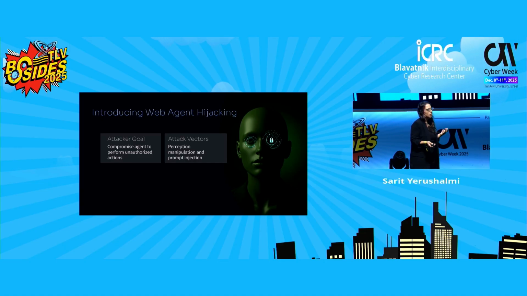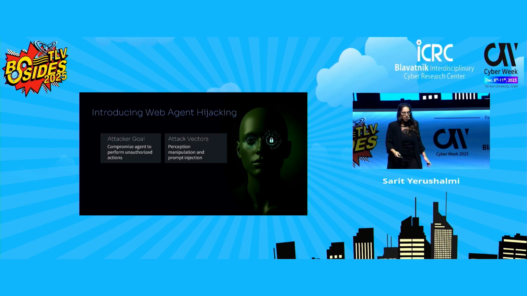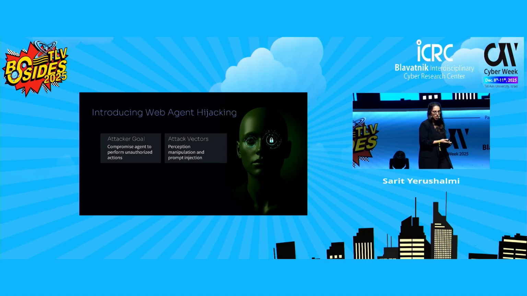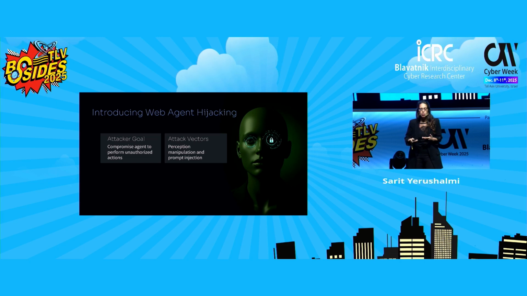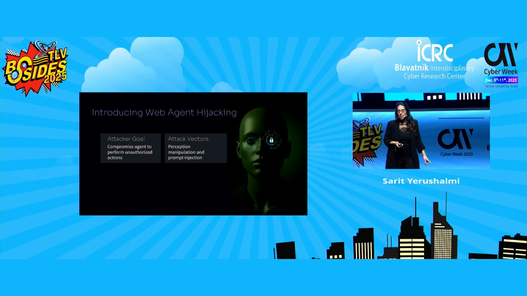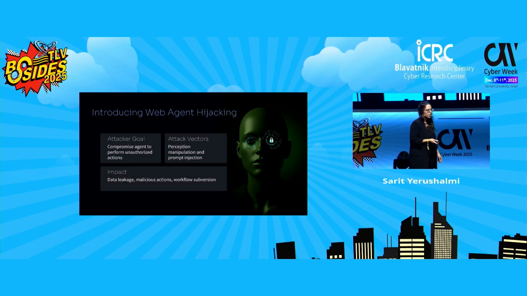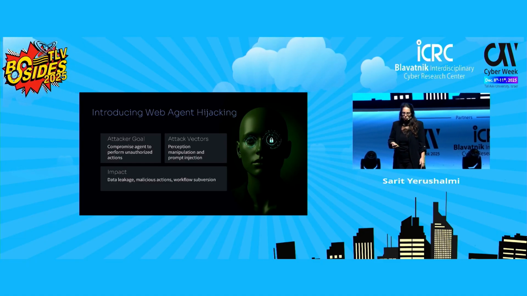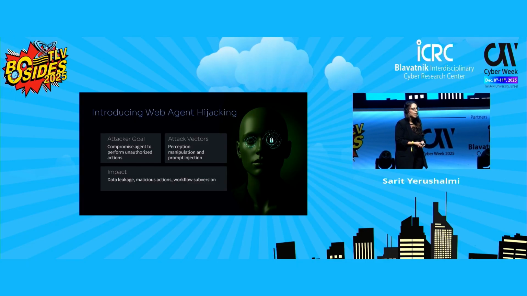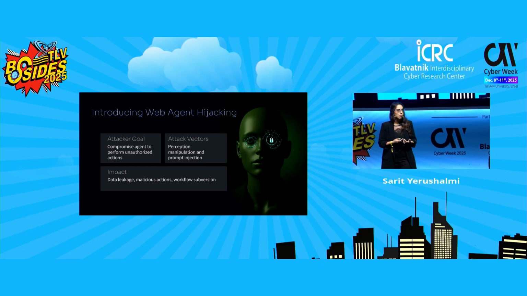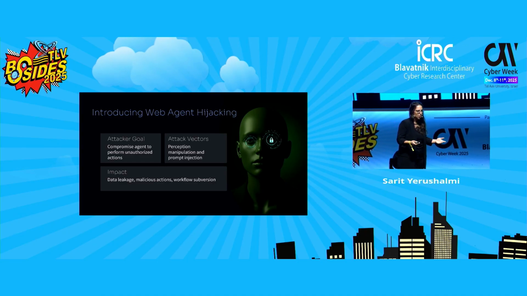We will walk through several attack vectors in the next slides, but it's important to understand the impact. A successful attack can lead to data leakage, to malicious actions, and even takeover of the automated workflow. In other words, it's turning your own tools against you. One more thing I want to mention is that this research on agent hijacking that I did with Daniel, we started around eight months ago, and I believe that this type of attack is going to get more and more attention from researchers in the coming days.